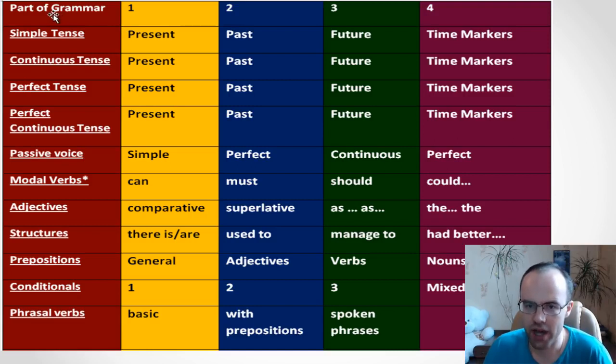Okay, so if you look at this table, you see that the first column is called part of grammar. And it's also desirable, you should know some time markers which are typical of this or that tense. So you see the most usual ones, like usually, always, a week ago, next week, and so on. And you also need to focus on prepositions, so you need to start with it. Next, you should look at the second group, continuous tenses. So you also see that it's present continuous, past continuous, and future continuous. And there are also some time markers which are typical of these